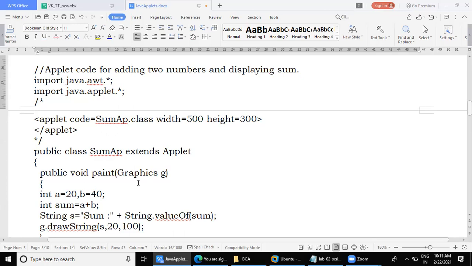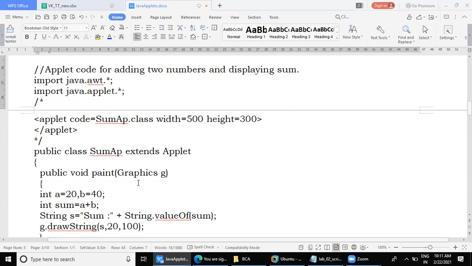Clear? There are two ways again to accept the input from the user. One is directly you take the variables and initialize them. Actually, we are not accepting from the user, we are initializing the variables directly. Yeah, there are two ways. One is you can accept the parameter. It is similar to command line arguments. Not exactly, a little bit similar. One method is to accept it through parameters. So from the HTML file, you will be passing a parameter that goes to the applet, gets substituted in the variable, and you execute.